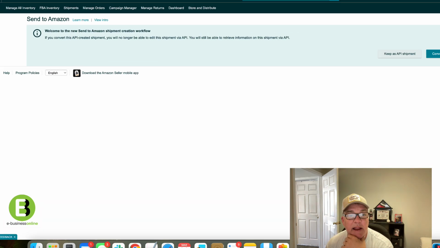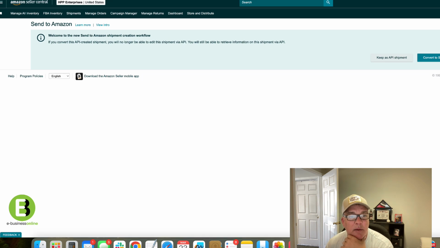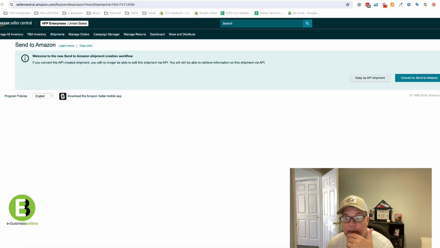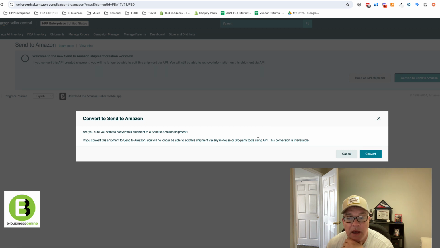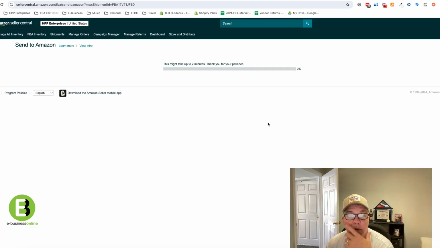Okay, so we've clicked on that in Amazon. When we click on that, it comes into this, send to Amazon. Welcome to the new send to Amazon flow. If you can convert this API, you'll no longer, yada, yada, yada. That's exactly what it says, exactly what it's expecting you to do. I'm going to click on convert to send to Amazon. I'm going to go through the disclaimer, and then it's going to grind here and it's going to create the